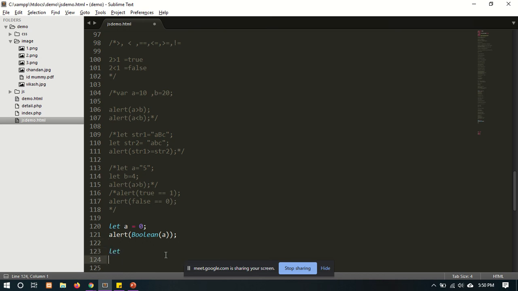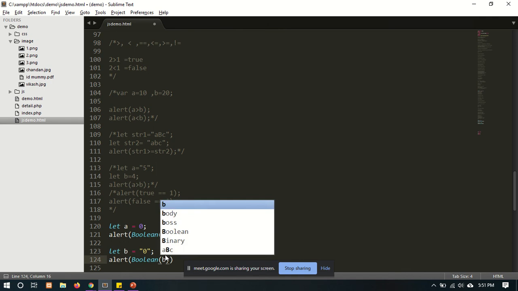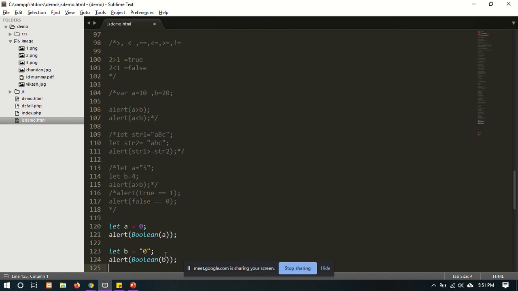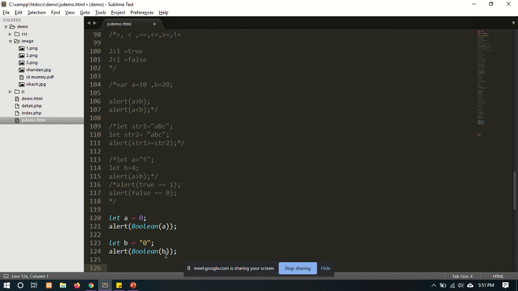Next, let b is equal to "0". Next, alert Boolean(b). Next, alert a equals to b.